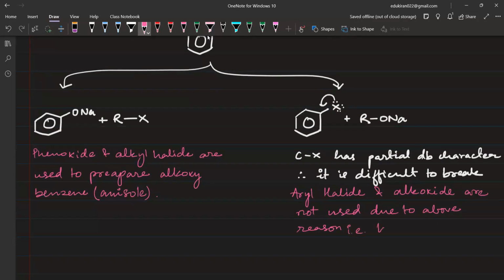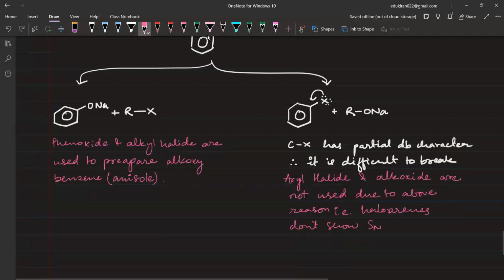Reason क्या? That is haloarenes don't show SN reactions, ये शो ही नहीं करते।